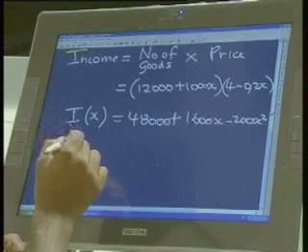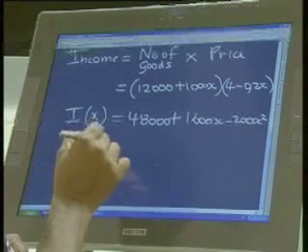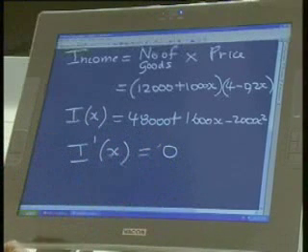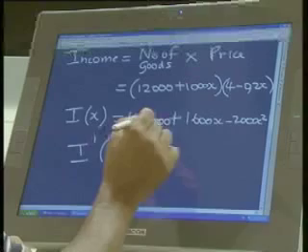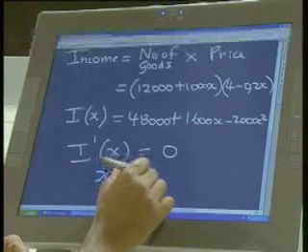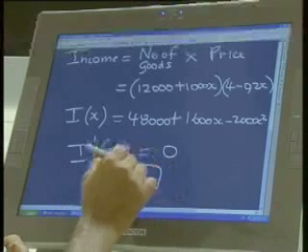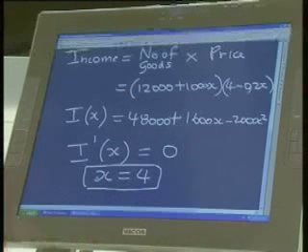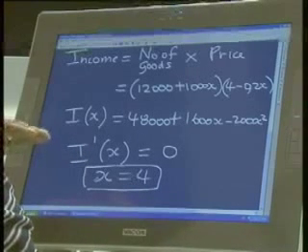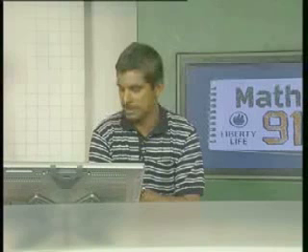And now to get the maximum value, you must find the derivative of this equation, I prime x, and make it equal to 0. Right, so find the derivative of that equation, make it equal to 0, and the answer you get will be x equals 4. You can test that last part out. Unfortunately, I don't have time to do it, and if you have a problem, you can come back to me. But I've tested it out, and you will see that if you try 5 weeks, he actually gets less money, and if you try 3 weeks, he actually gets less money as well. It's at 4 weeks that he attains his maximum.